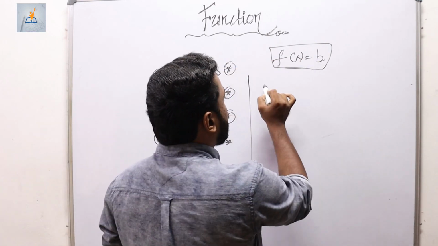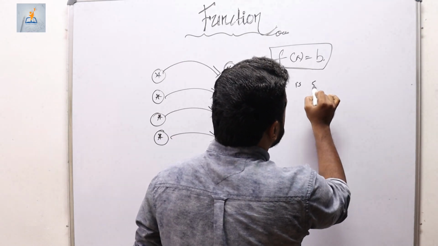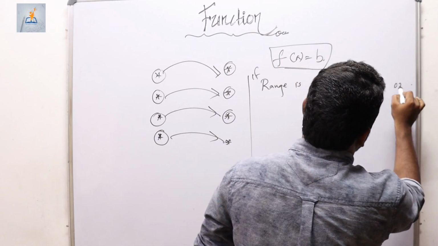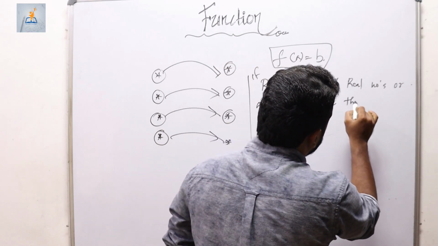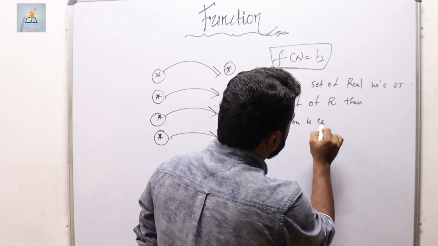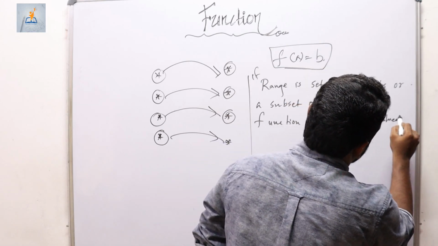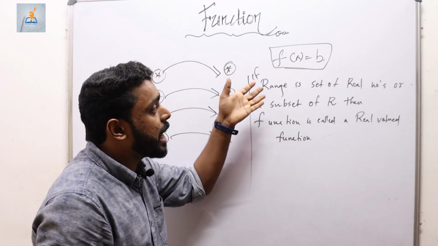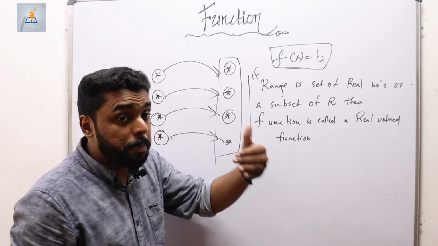Now, if the range is the set of real numbers or a subset of R, then the function is called a real valued function. So what is a real valued function? A function whose range, meaning the set of all output values or the set of all images,